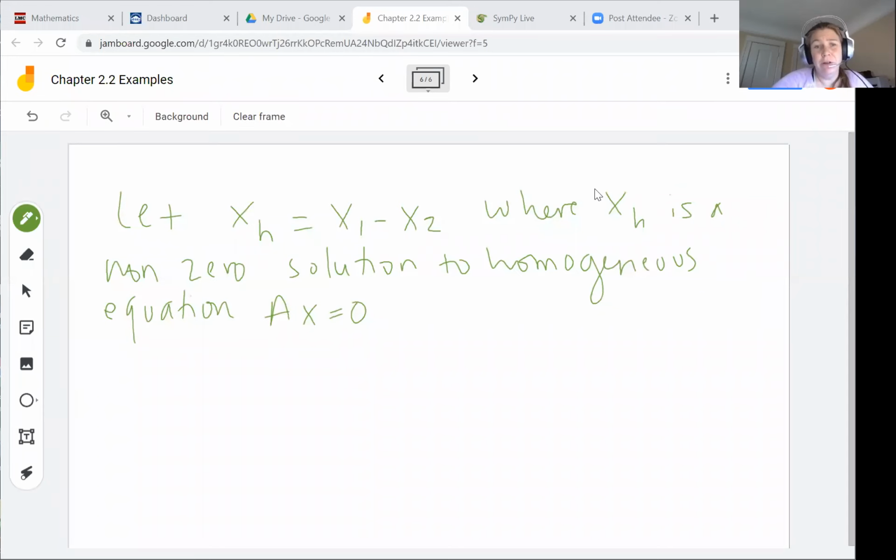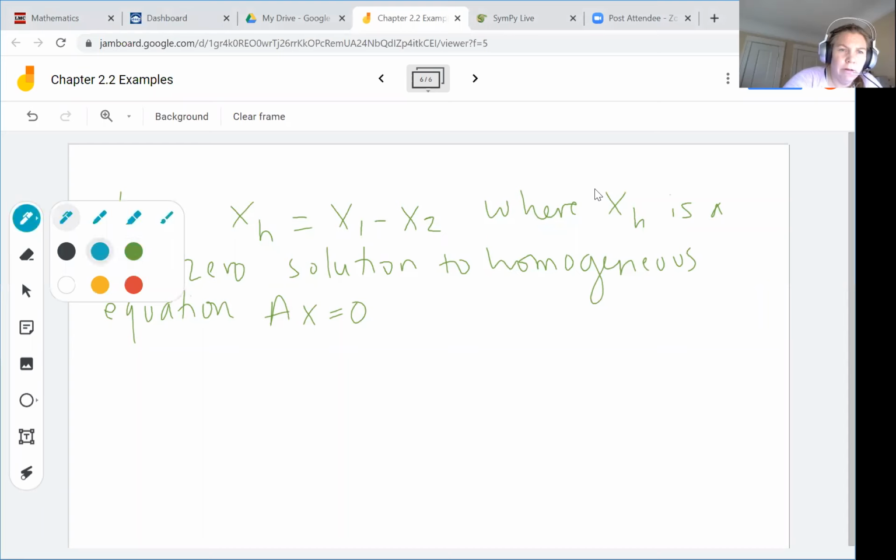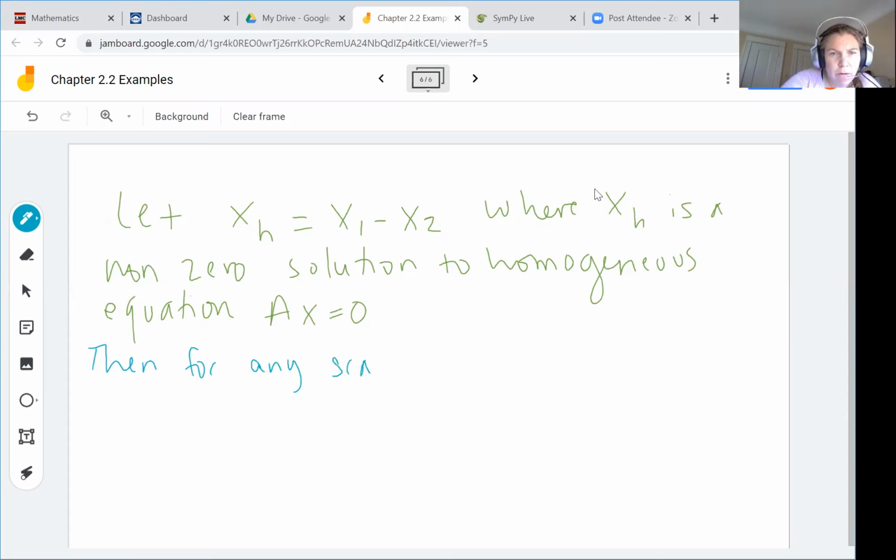I call this a homogeneous equation because the solution is 0. If it was equal to some other value, we could call it non-homogeneous. All right, so then let's imagine any scalar value t. X1, that first solution, plus t times X sub H is also going to be a solution